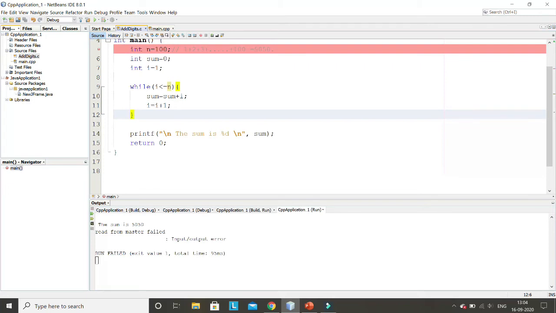Okay, so you have to understand the concept of loop, because it will be required for your next lab assignment. Now let me write the same step here, whatever I have written with while loop, with something else.